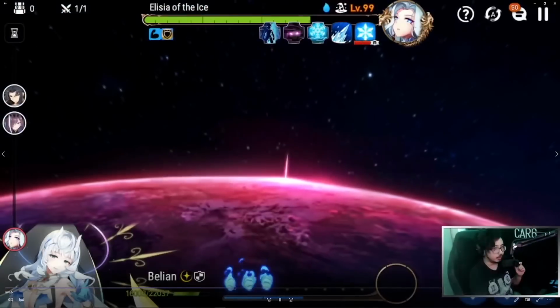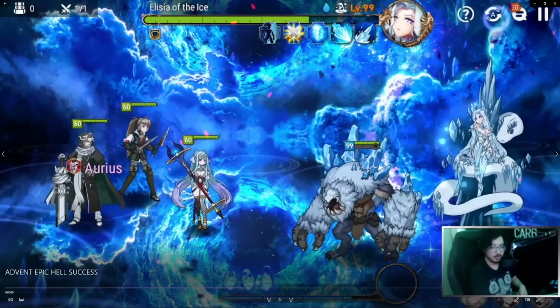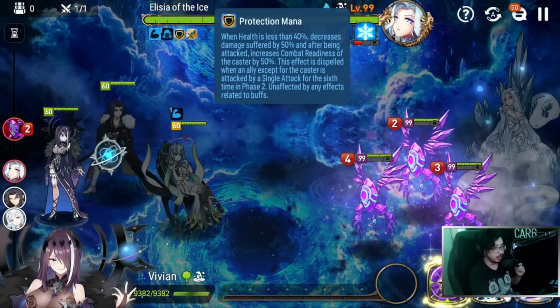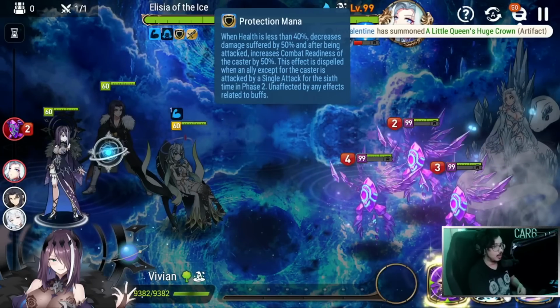This is full auto, so we end up just clearing it. As soon as we get to this phase, she's going to push us into phase 2. Okay. Before we talk about phase 2, let's go back into my main game and let's look at the other effect, the protection mana. Now, this is the one I think a lot of players end up skipping because this